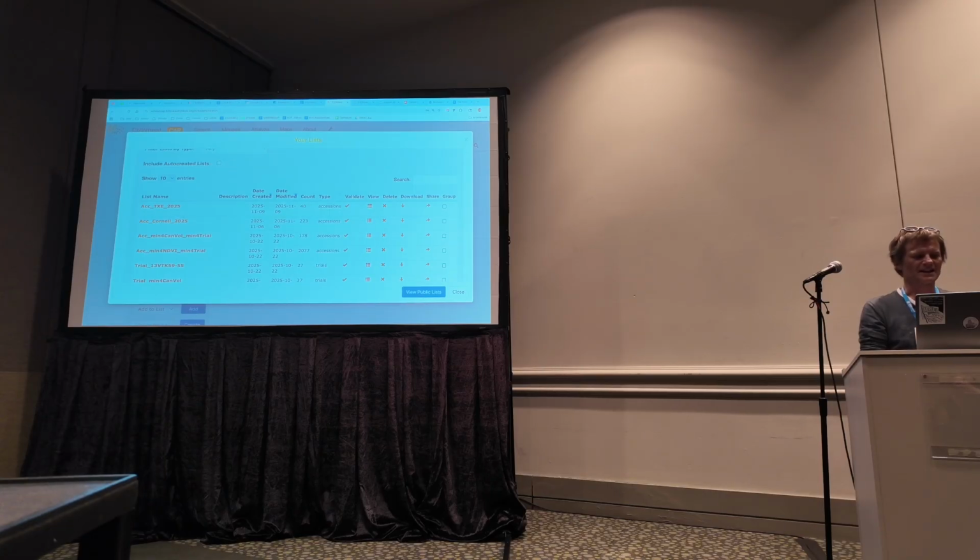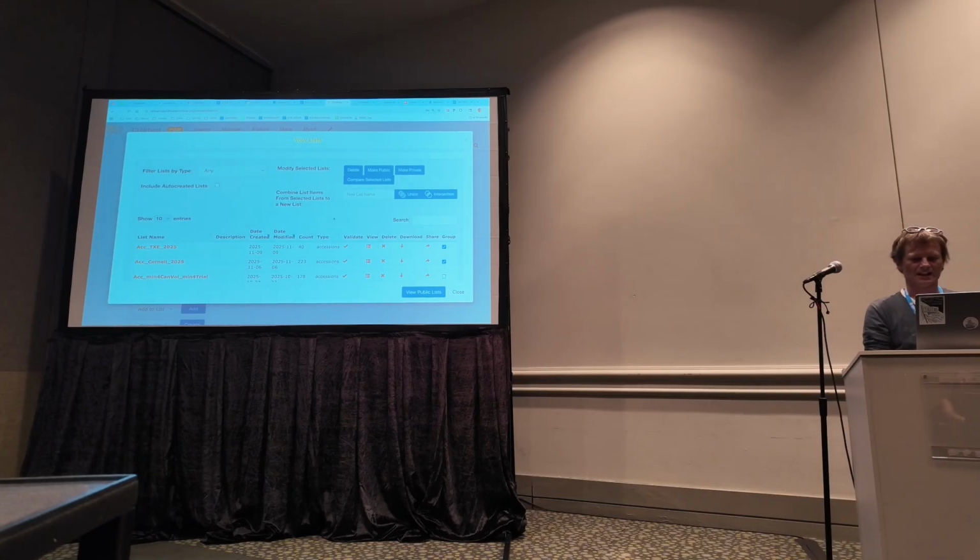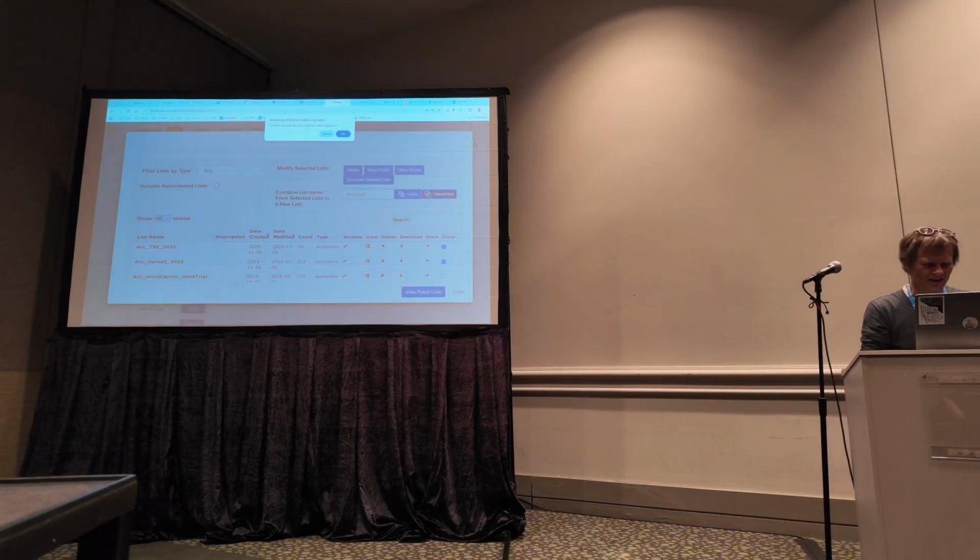But if I wanted to look at whether there were any accessions in common across Texas and Cornell, I could click both of these lists and ask for an intersection. I have to enter a new list name. I'm going to guess that it's going to be empty, okay? Empty list. And it asks me if I'm sure I want to make this new list, and I am.